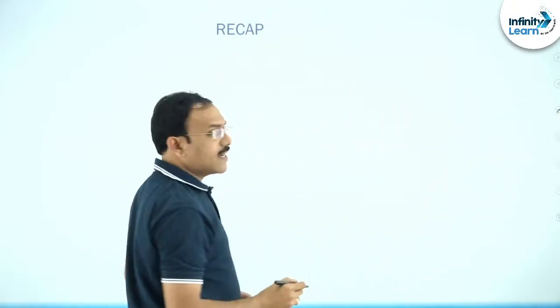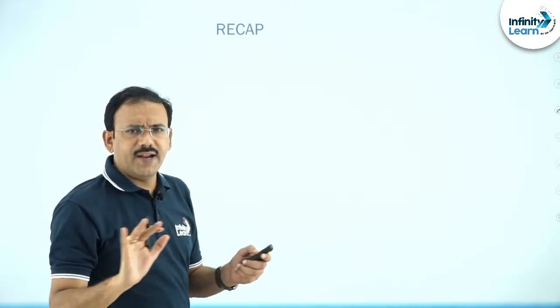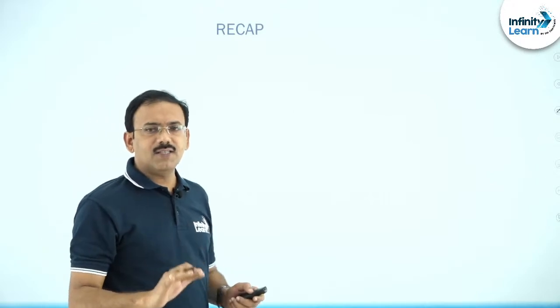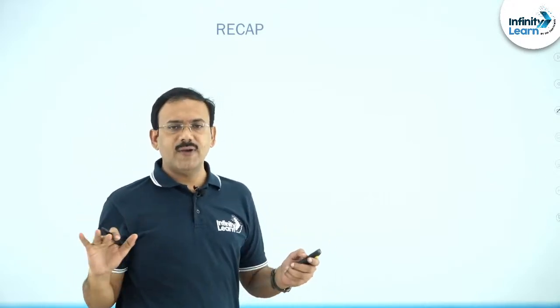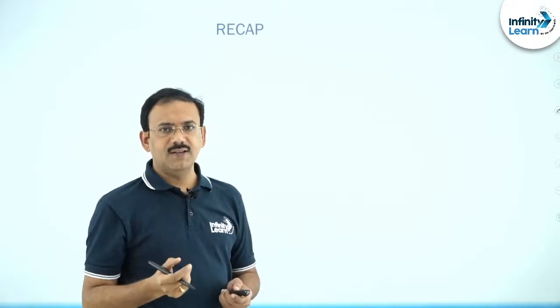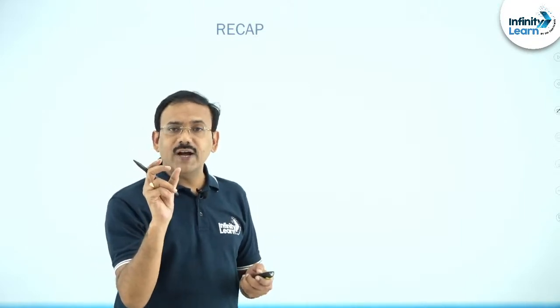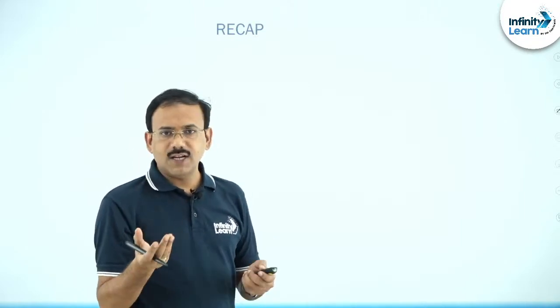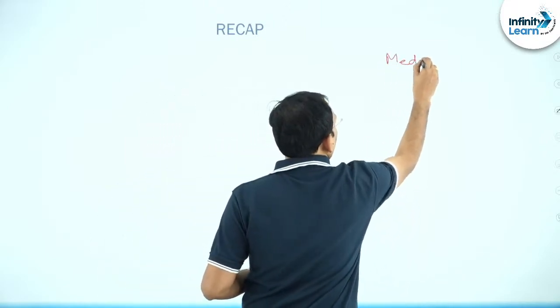Second thing, let me take the median. Just one idea is enough. Median means we arrange the data in ascending order of magnitude and choose the middlemost one. Suppose there are 10 items, in the middle there will be 2 items, we take their average. That is what we call the median of a data.